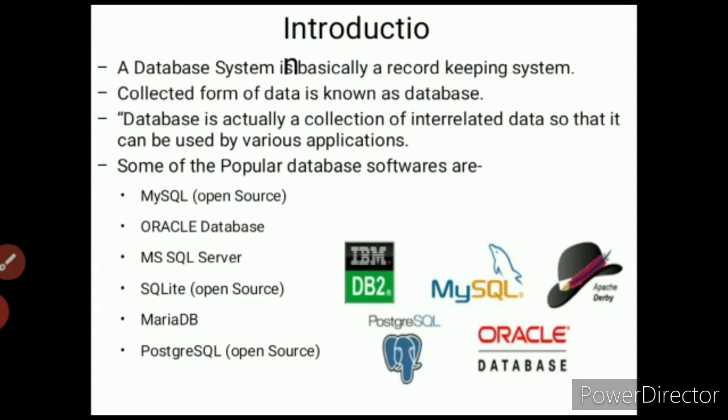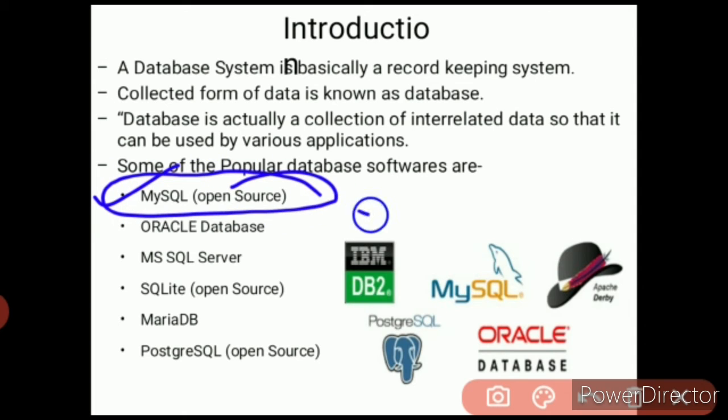Means if I talk about we are having 5 students name, a student name connected with their roll numbers, the father names, mother names, their student ID, the admission numbers. These all terms are connected with each other. No? That's why we have to say it as a database of a particular student, right? So we have to use some popular database softwares. First, here you can see that we are having MySQL. That is in our syllabus, and we have to cover this particular database software, right?